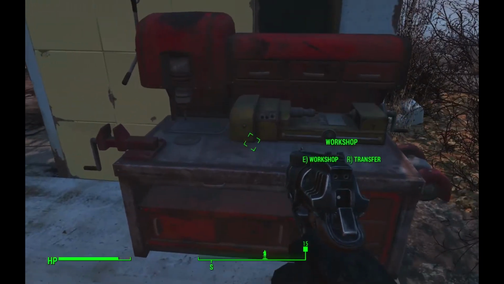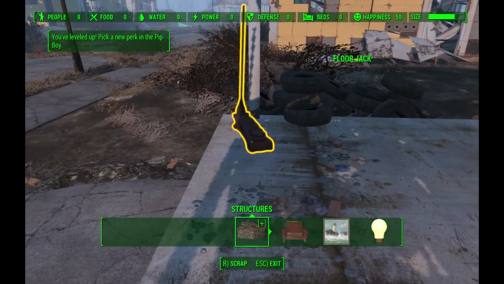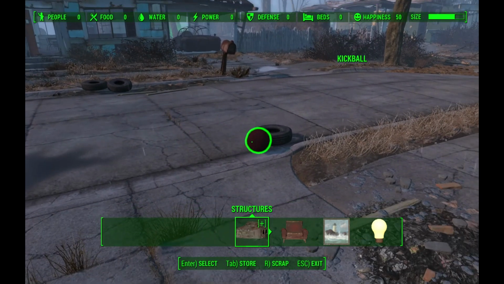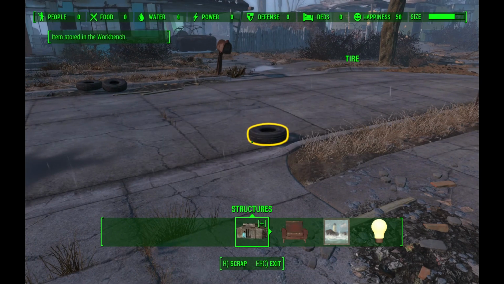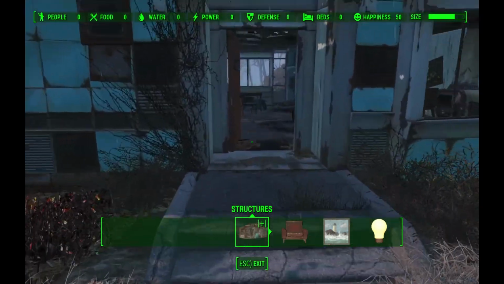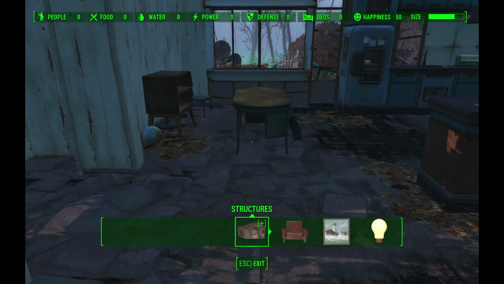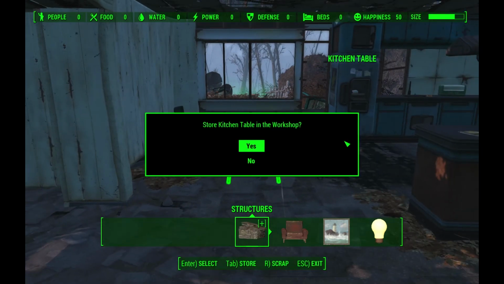Okay, so let's click on this. Okay, here, the kickball. Tab to store. So basically what I'm doing is I'm not scrapping it. I'm going to store this in my workshop. That one you can only scrap. But there are certain things, like chairs and tables, you can store. This means that it won't actually break them down just yet. But once you get to the building stage,